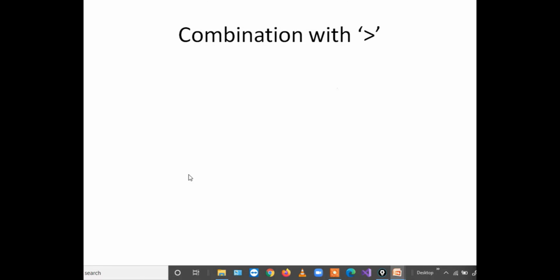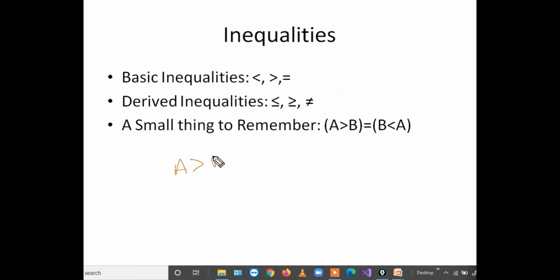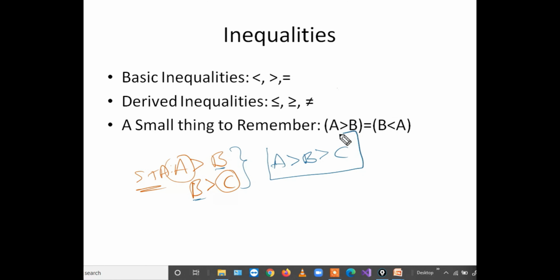Suppose there is a statement that is a greater than b. There is one more statement that is b greater than c. These are the two statements. Now, can you tell me what is the relation between a and c? According to our process, we need to process all the given statements combinedly on a common platform. So yes, we can combine these two statements because there is a common element, that is b. a is greater than b from the first statement, and in continuation from b to c, b is also greater than c.